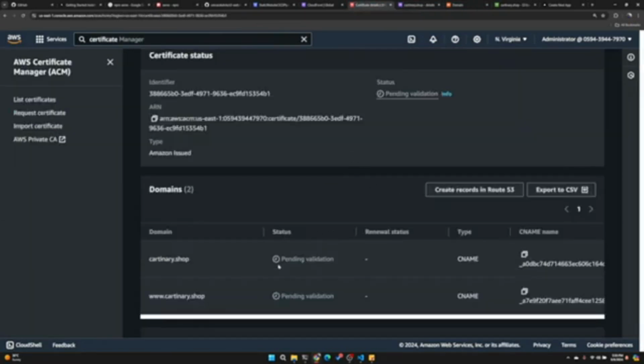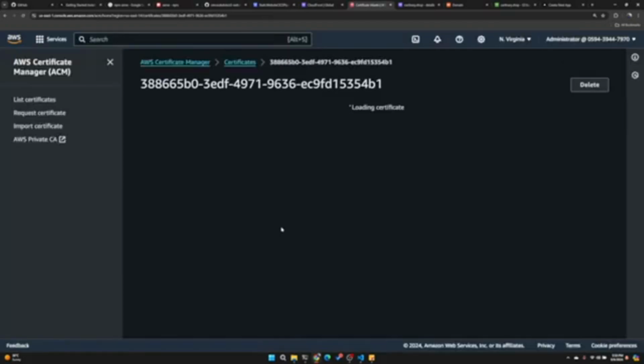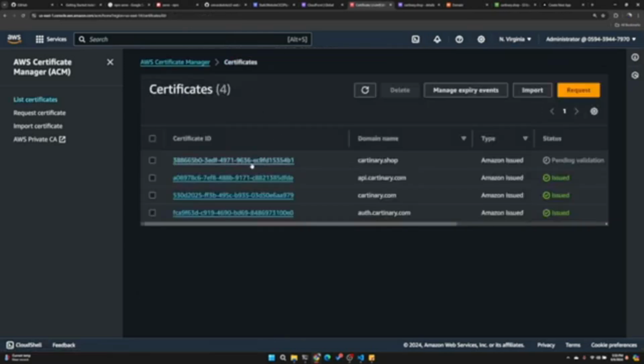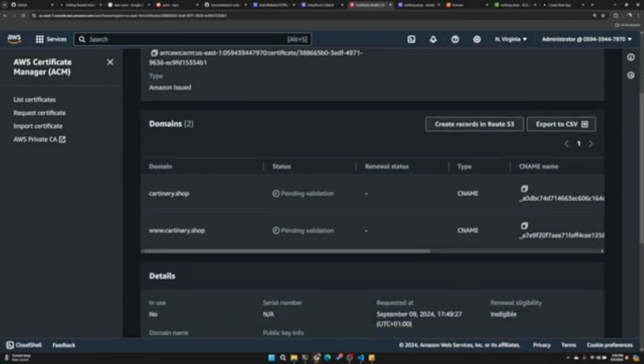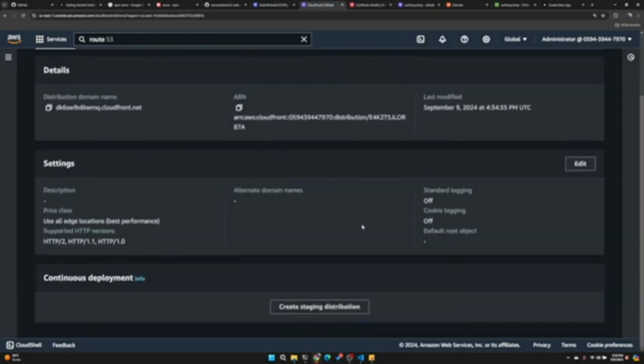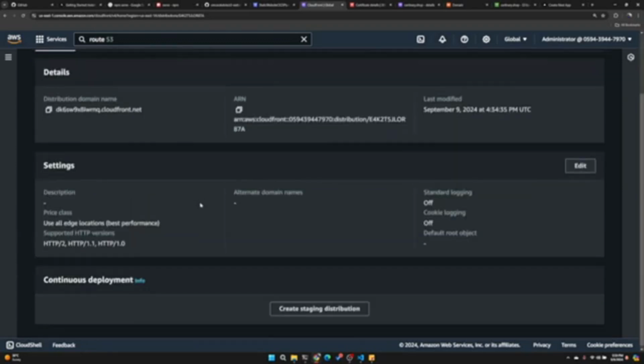And we also want to make sure the status leaves pending validation. So let's see. Just going to reload. It's still in pending validation. So let's be a bit patient, and it's going to issue this certificate. All right, great. So now that our certificate is issued, we can go back to CloudFront, and still on general